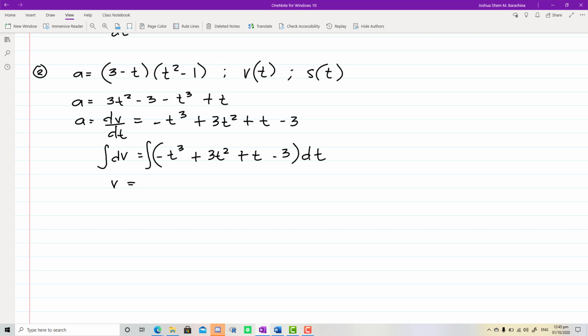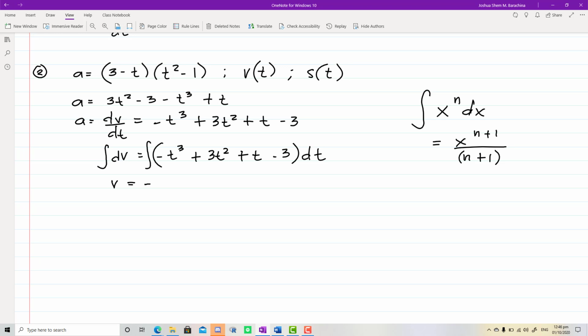Ano yung power formula ng integral natin? The integral of x raised to n dx, that is equal to x raised to n plus 1, right? Divided by n plus 1. Okay, applying that one, we will have